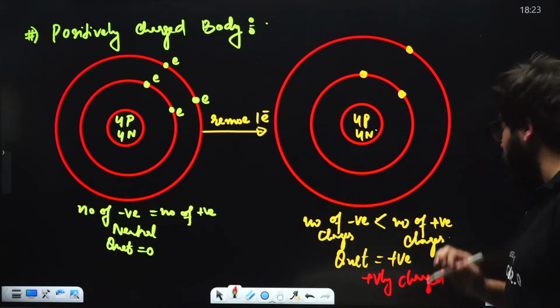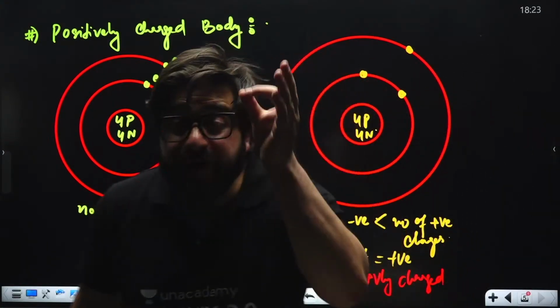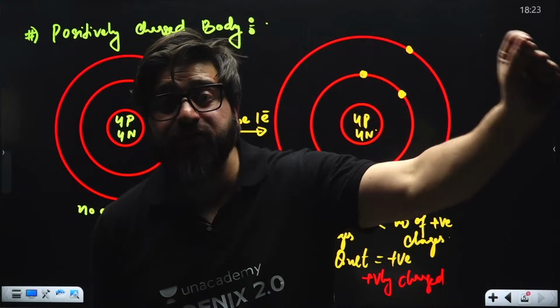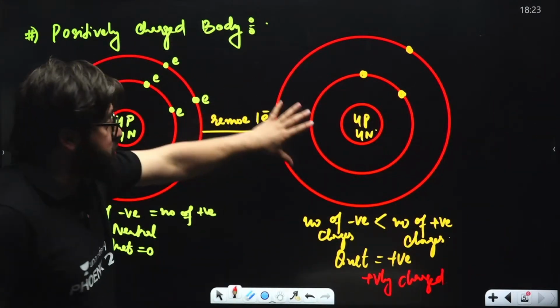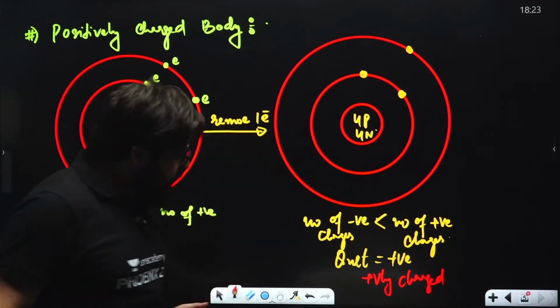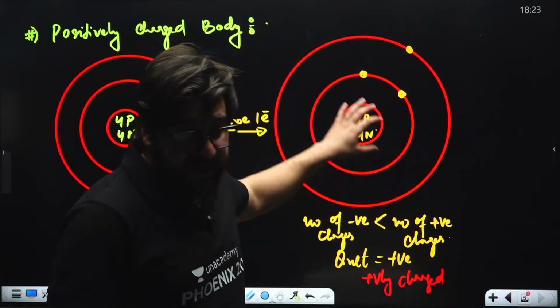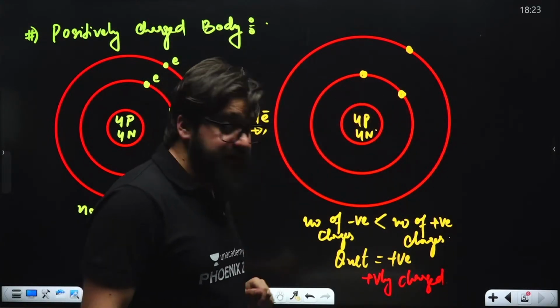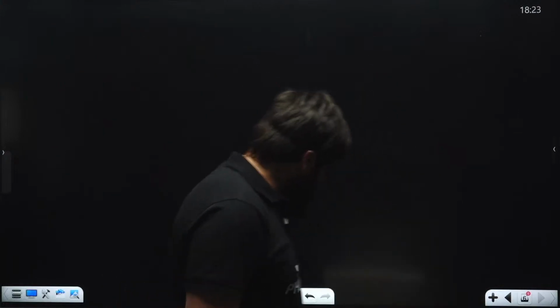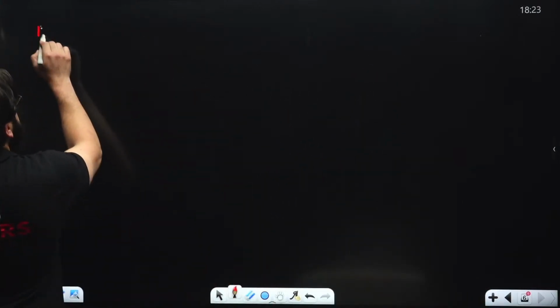So from now onwards, you'll remember that if you remove the electron, if you remove the negative charge from any body, it becomes positively charged. Or if the number of positive charges becomes greater than the number of negative charges, this is what we call the positively charged body. Similarly, if I ask you to make the negatively charged body,